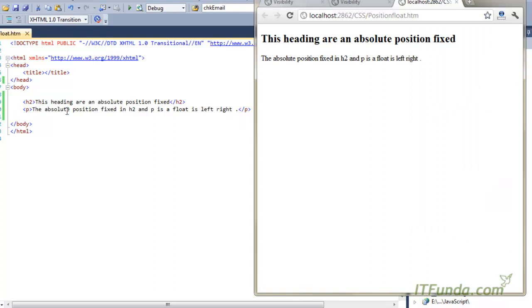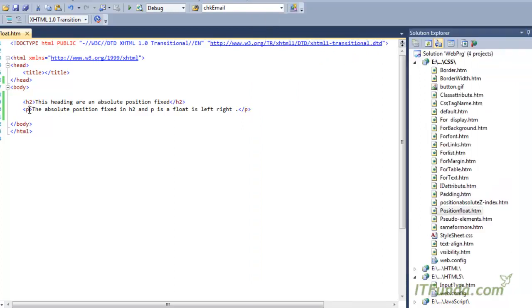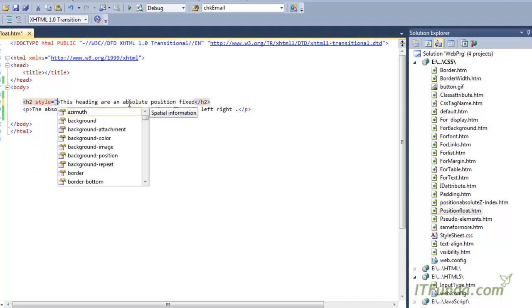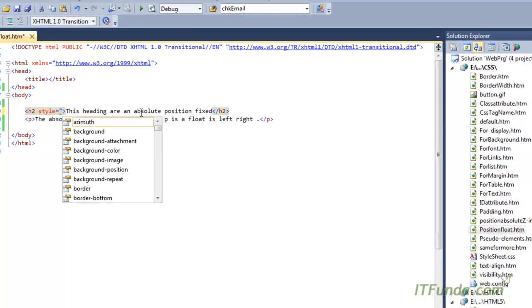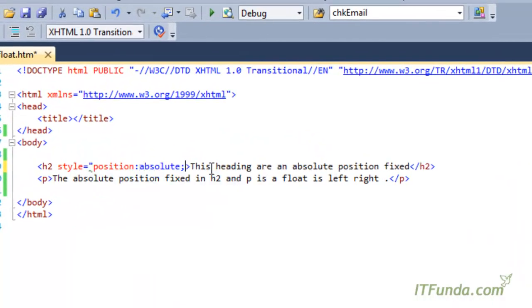Now what I wanted to do is that for this paragraph, or let's say for this H2, I want to maintain its position. So what I will do is that I will add position and absolute. Now when I have written position absolute, what will happen is that it will maintain its position relative to its parent element.